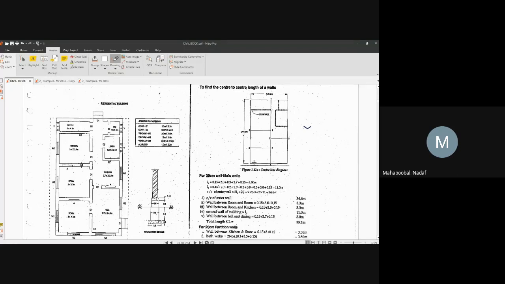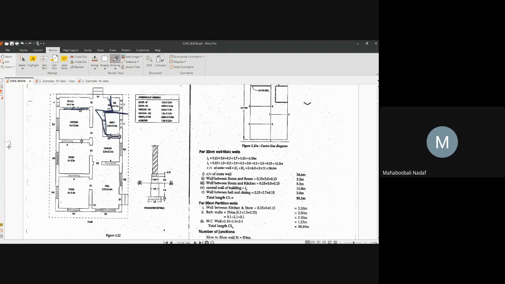So that is why this type of problem has chances, because they are going to give 30 centimeter as well as 20 centimeter. So 20 are there, this, and this. Only these walls are 20. Remaining all are 30. Now, first calculate 30 centimeter center to center. Calculate the 30 centimeter center to center from this diagram. I will tell parallelly. You should write down and tell me.